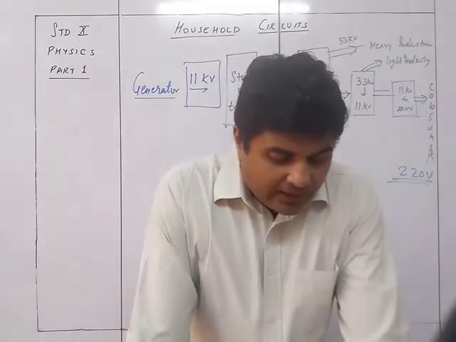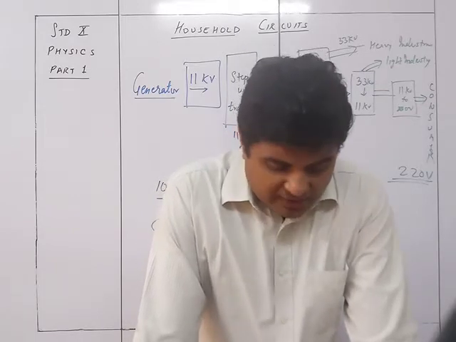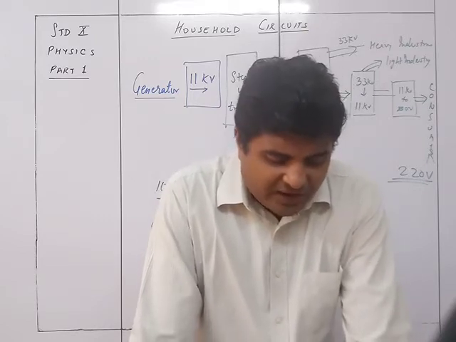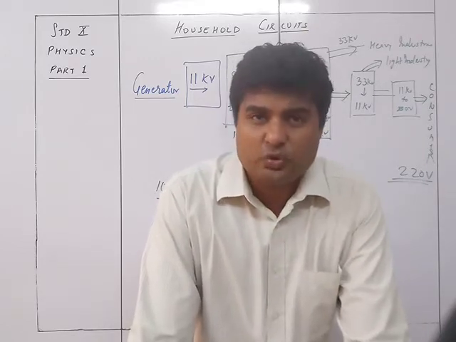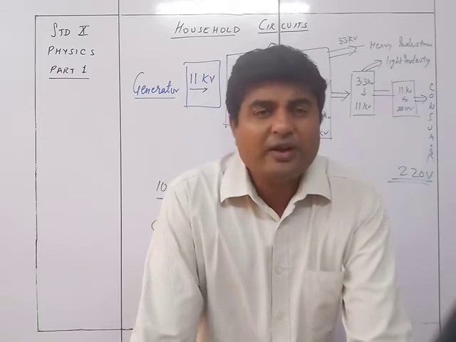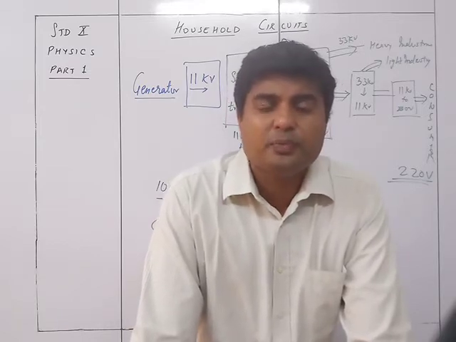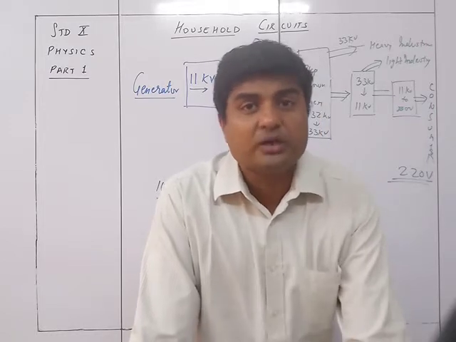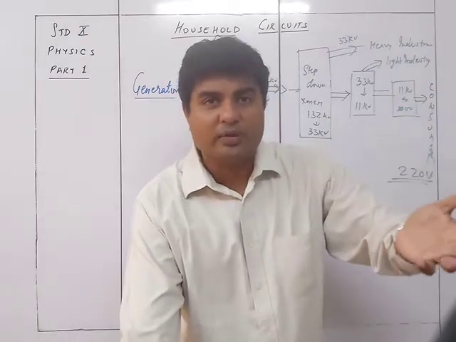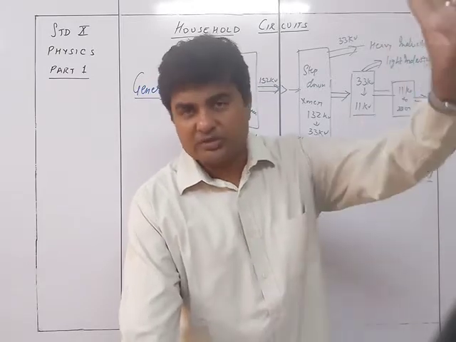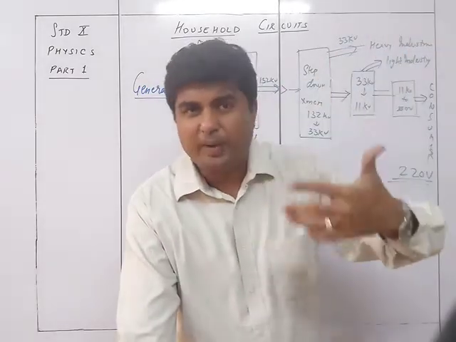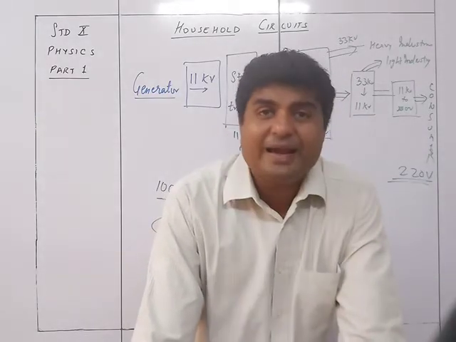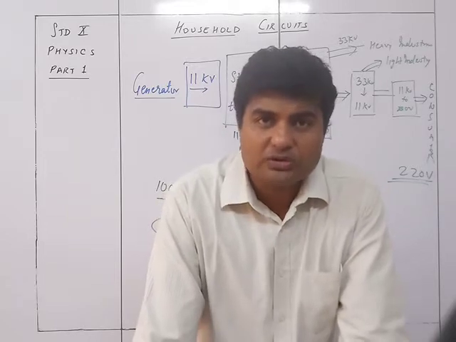So let's see. Electric power is generated at the power generating stations, which are usually located very far from the areas where it is consumed. Yes, of course we know that. In fact, you don't even know where the nearest generating station for Mumbai is. It is so far that we don't even come to know. Like the Koyna Dam, which is quite far off, and others which are going to give you the power supply. So at the generating station, the electric power is generated at 11 kV, 11,000 volts.